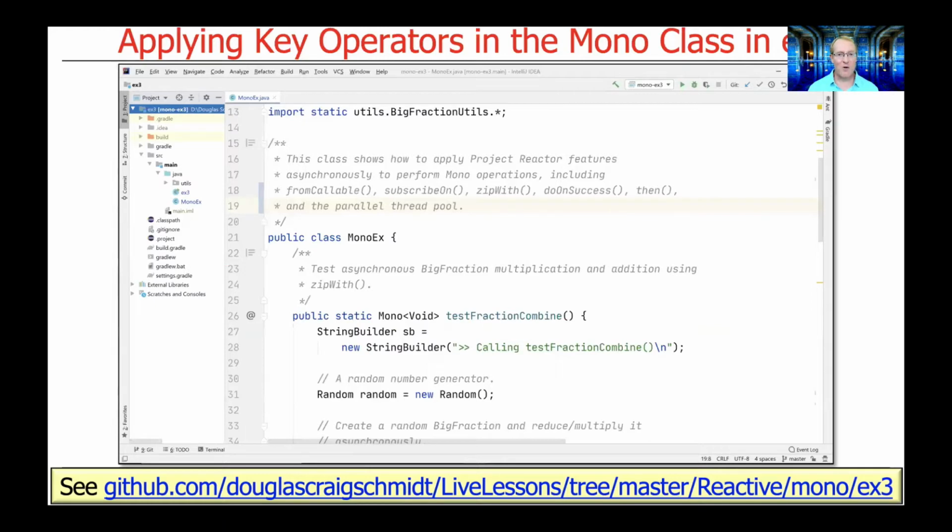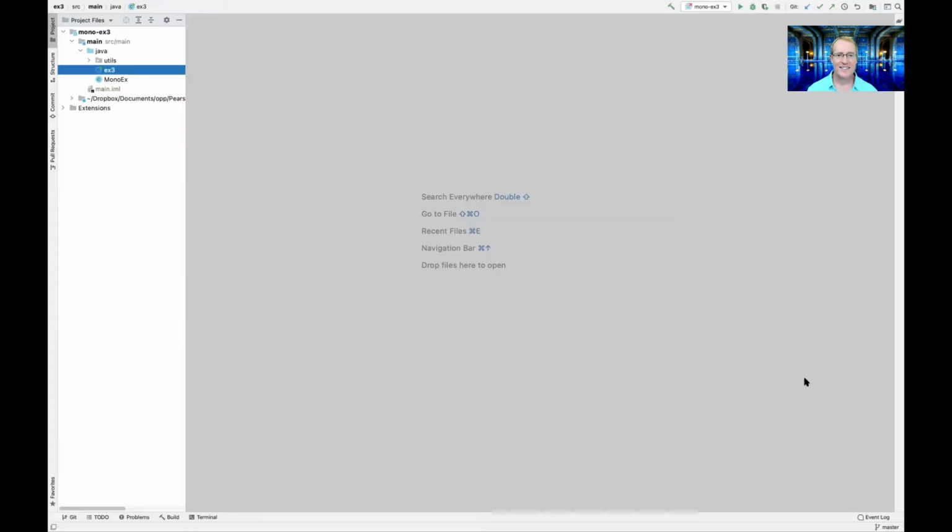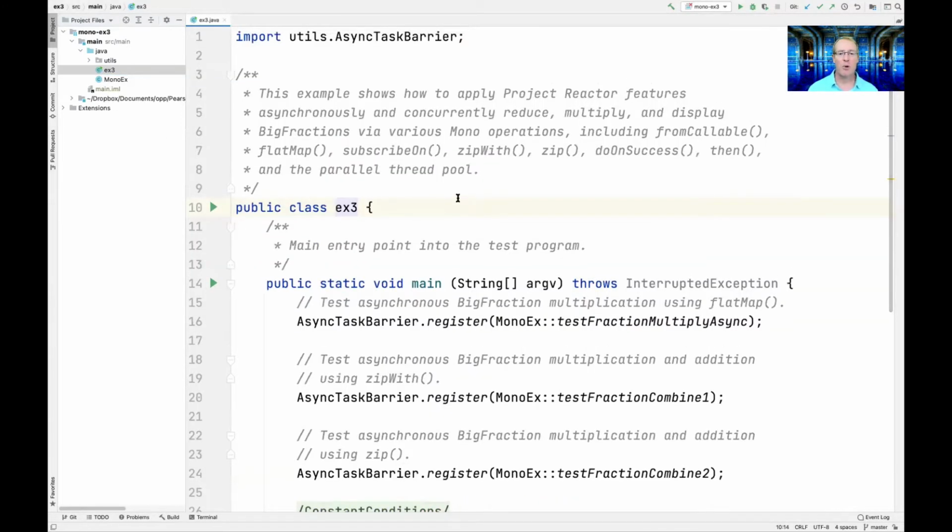So what I'm going to do now, of course, is switch over to my project in IntelliJ, and we'll walk through the code and show how everything works. So here we are in my Android Studio project for ex3 for Mono. Let's go ahead and take a look at the main entry point. This, again, demonstrates how to use all these different Mono methods and apply them in the context of a parallel